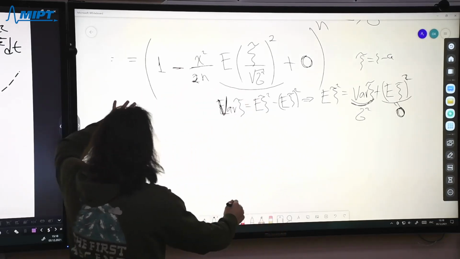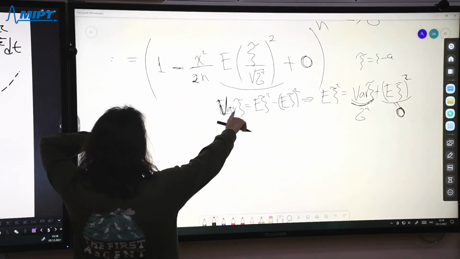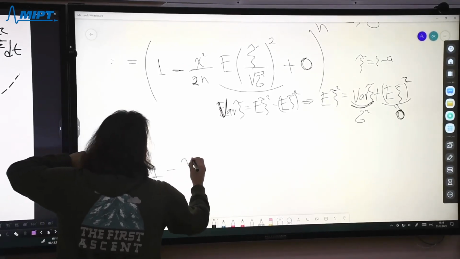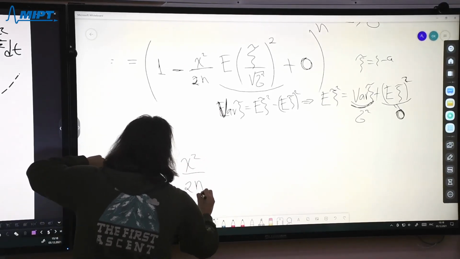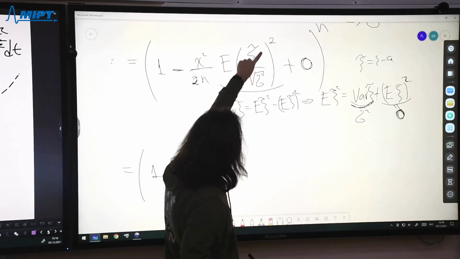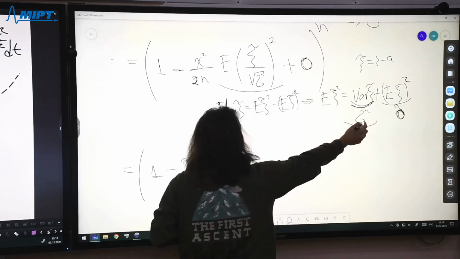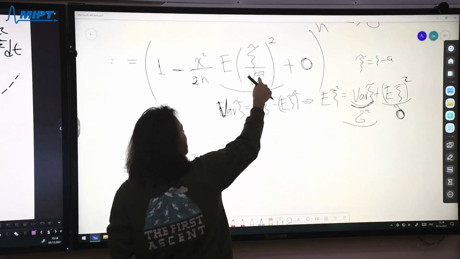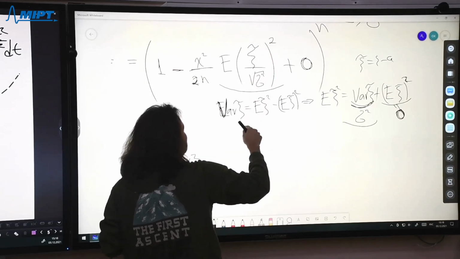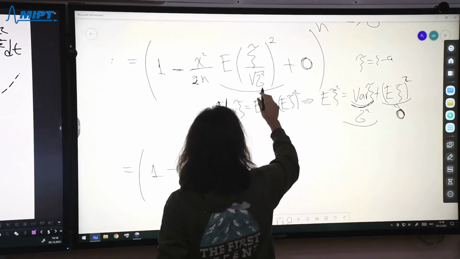So what do we have here? We have that this is equal to 1 minus x squared over 2n, and the expected value of this square is sigma squared over sigma squared, because we have sigma squared,